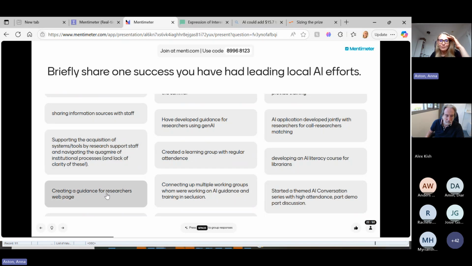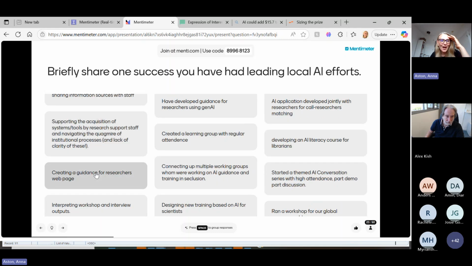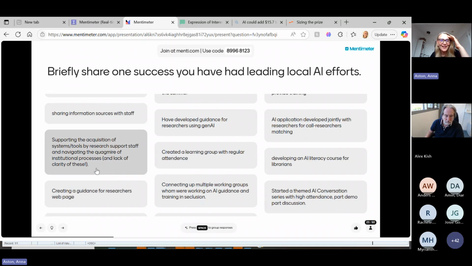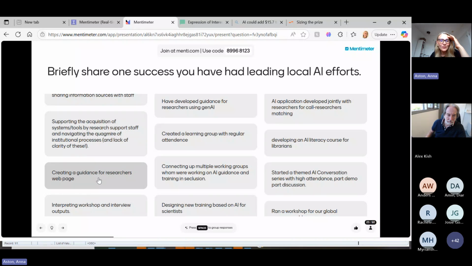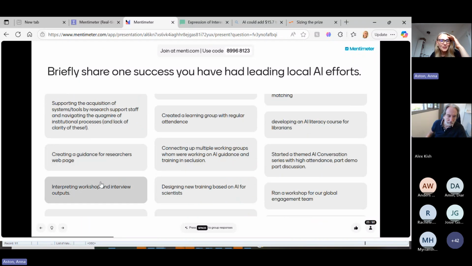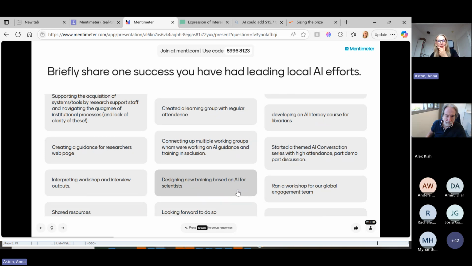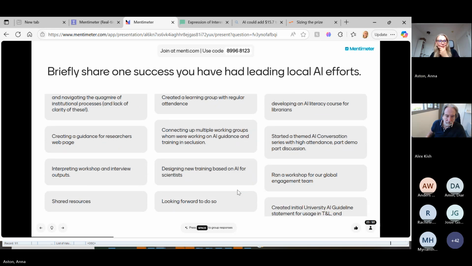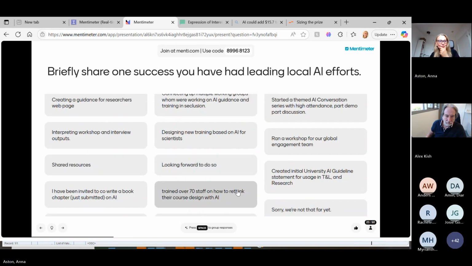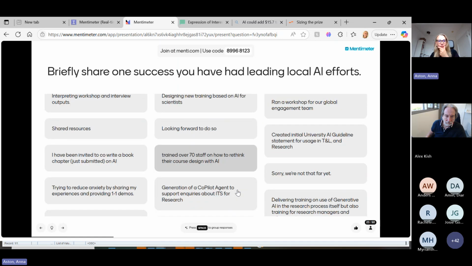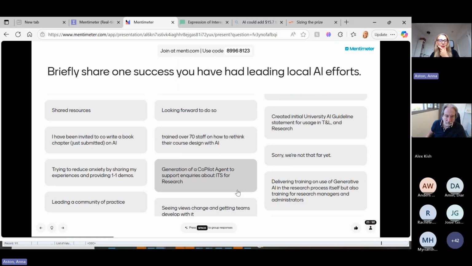So how this was developed and done, possibly with the purchasing department. Created a learning group, AI literacy course for librarians, very good. Creating guidance for researchers, connecting multiple working groups, writing a book chapter, training. So it's a lot of training. You have been involved in a lot of training, which is